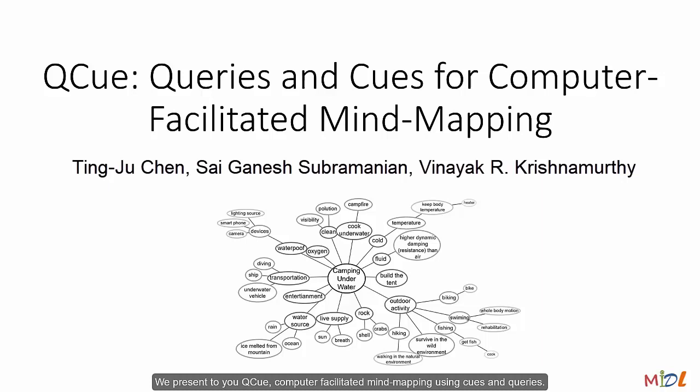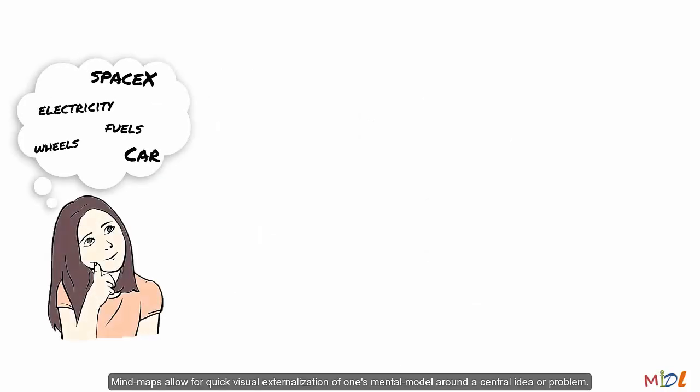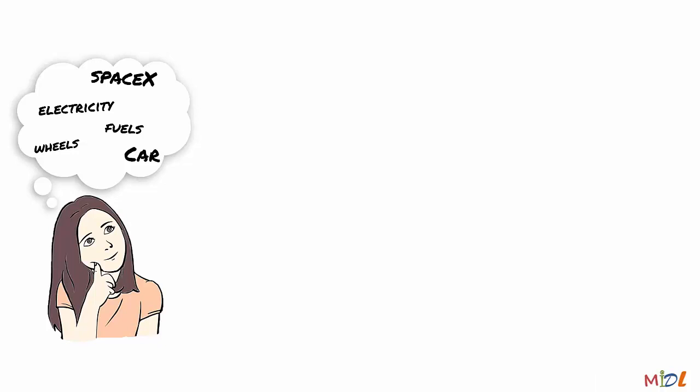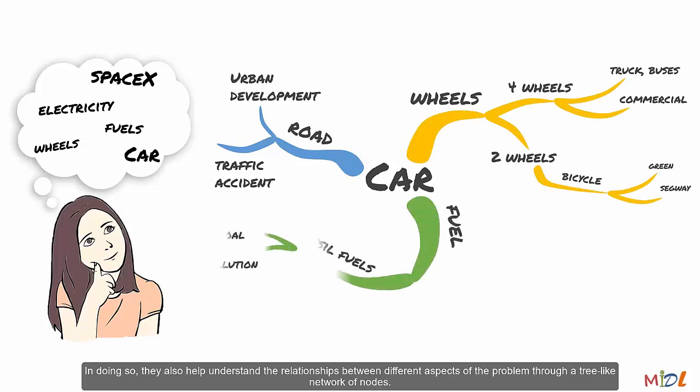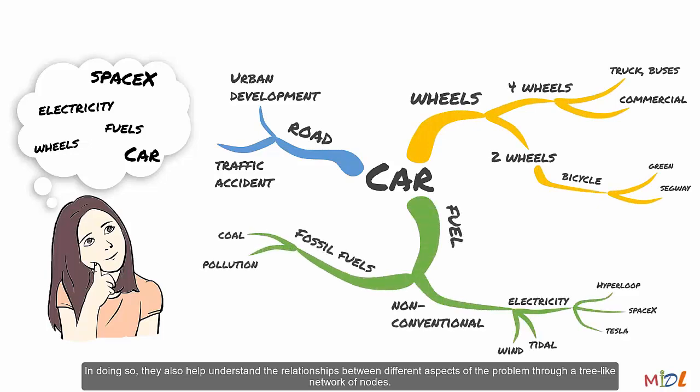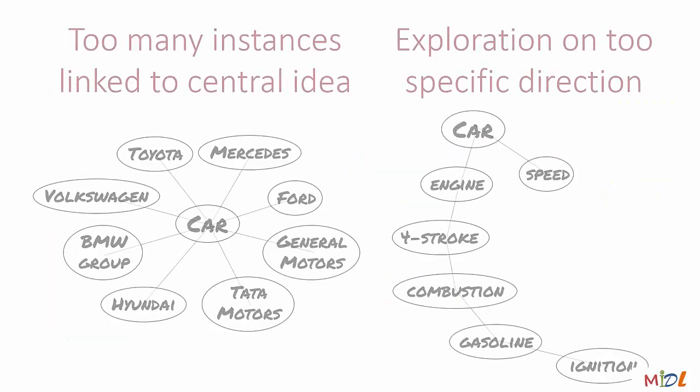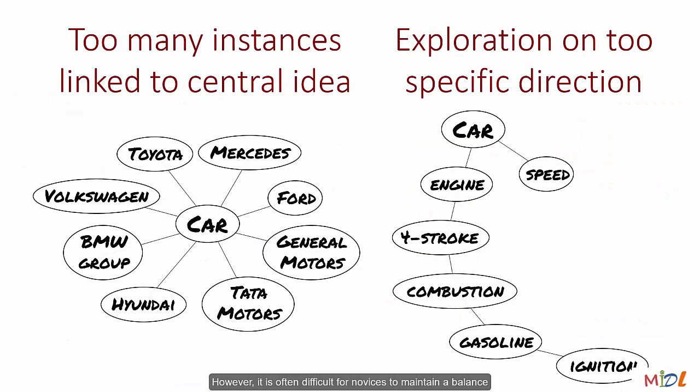We present to you QCue, computer-facilitated mind mapping using cues and queries. Mind maps allow for quick visual externalization of one's mental model around a central idea or problem. In doing so, they also help understand the relationships between different aspects of the problem through a tree-like network of nodes. However, it is often difficult for novices to maintain a balance between the breadth and the depth of ideas